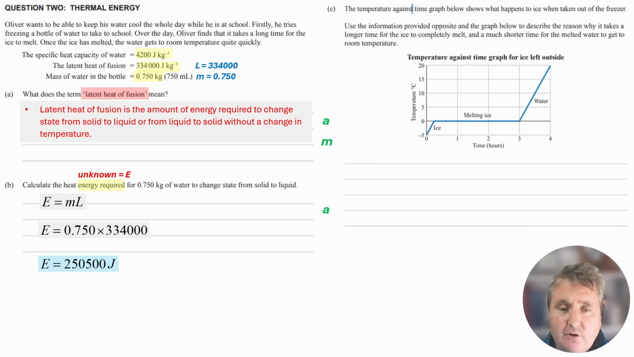Let's go to the next question. The temperature against time graph is shown. It shows us what happens to the ice when it's taken out of the freezer. Use the information provided opposite and the graph to describe the reason why it takes a longer time for the ice to completely melt and a much shorter time for the melted water to get to room temperature. Okay, so